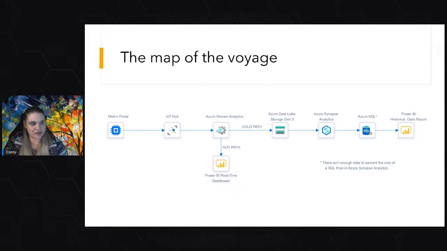From this Azure Stream Analytics service, it's going to output all of its raw data into Azure Data Lake storage. Then Synapse Analytics will trigger a data pipeline every hour to further transform and refine the raw data in the data lake and store it in Azure SQL. Finally, we're going to be able to use a parameterized historical data report based on that data